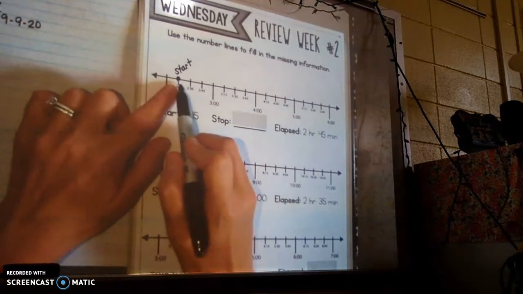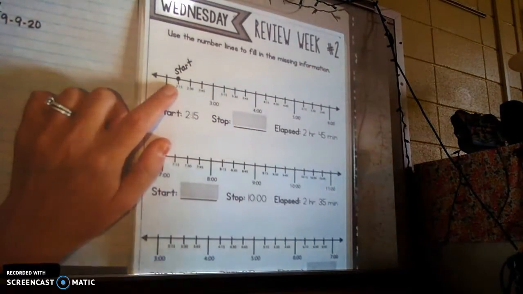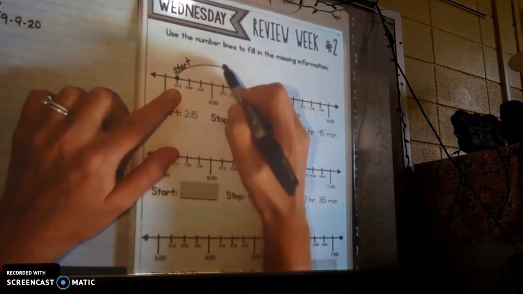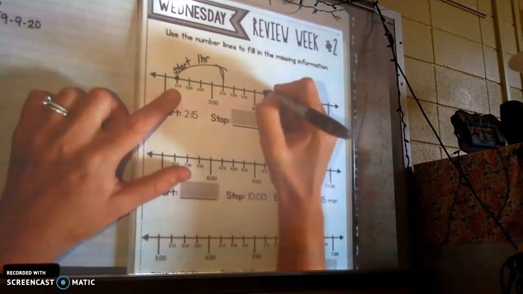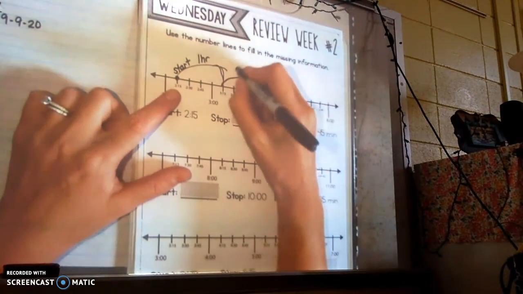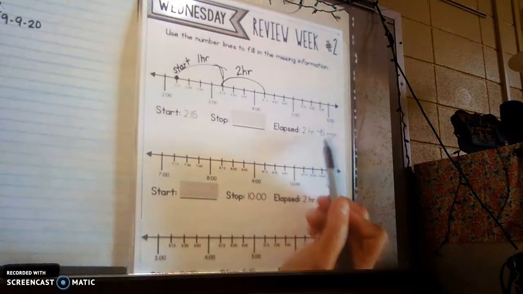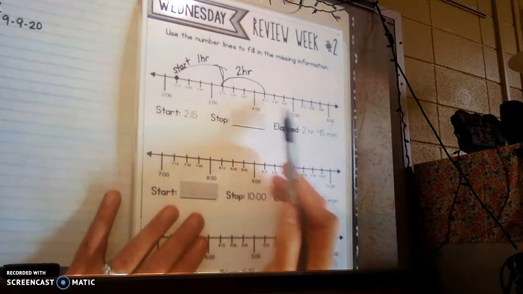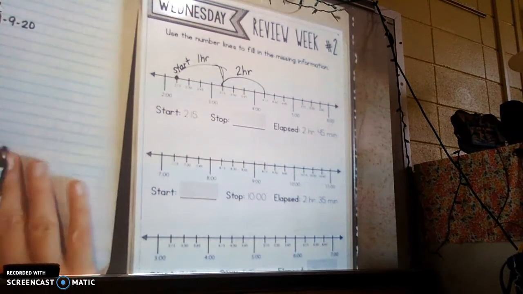So I'm going to start at 2:15, and I'm going to go forward 2 hours first. So 2:15 to 3:15. This would be 1 hour. And then 3:15 to 4:15 would be 2 hours, and then 45 minutes. Well, I noticed that my number line is going up by 15 minutes each time, and I'm going to write this over here on my paper,